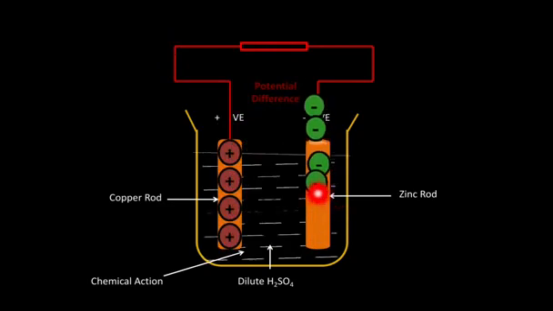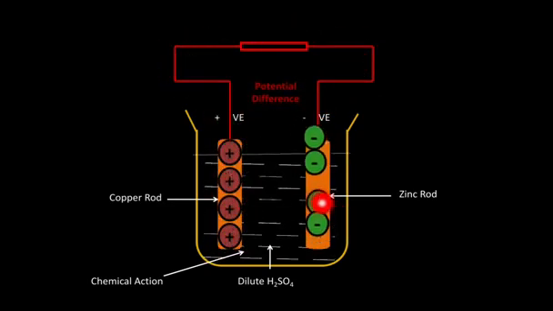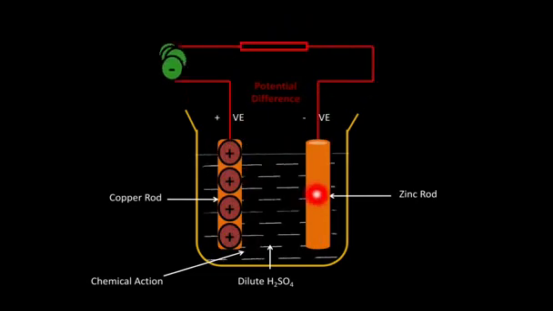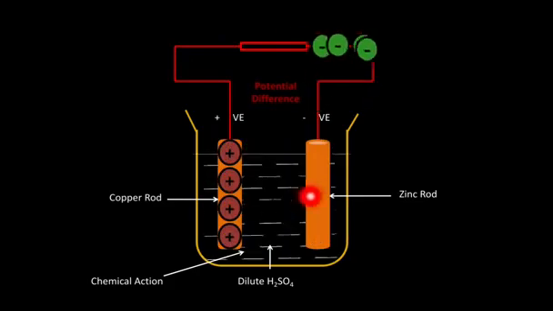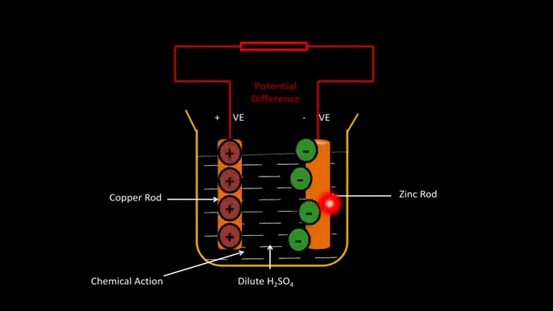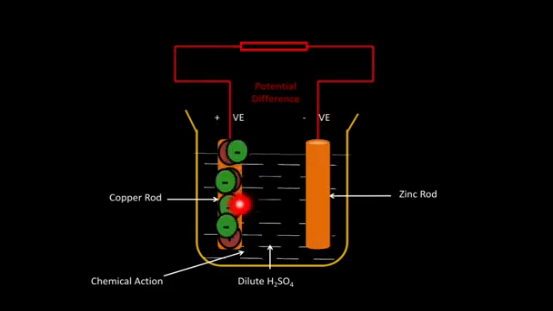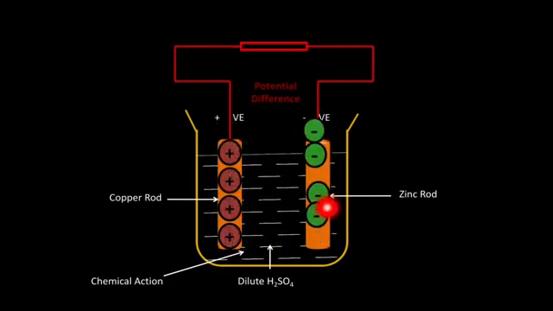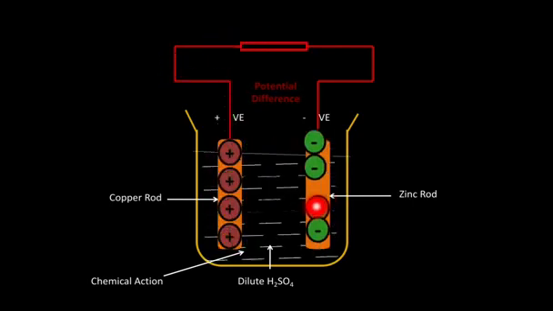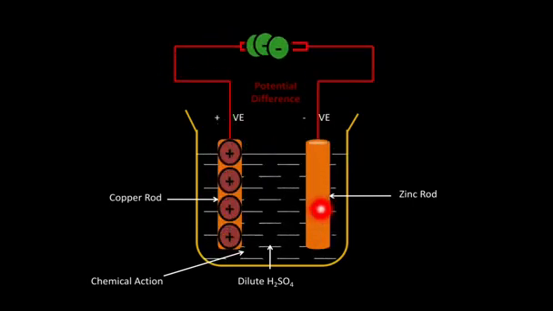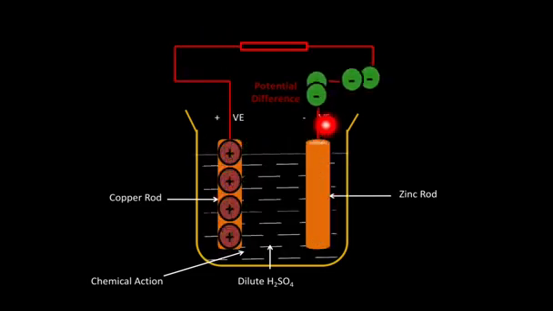When the electrons are getting attracted from positive to negative, this is called electromotive force. This is the force because of which all the electrons are getting accumulated on the zinc rod inside this battery. Electrons are moving but they are getting accumulated on the zinc rod. So this is called electromotive force. Now what is happening because of this electromotive force? Because of this electromotive force, the potential difference is getting maintained.